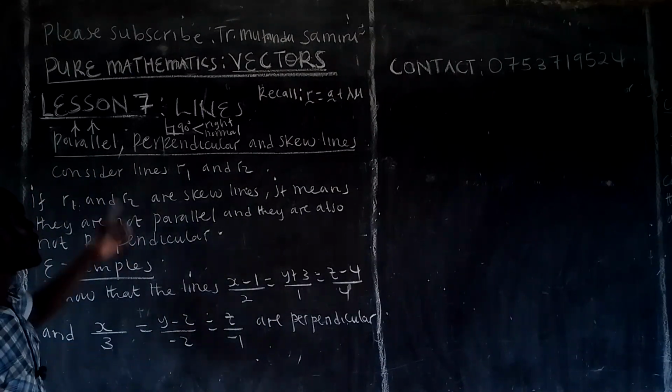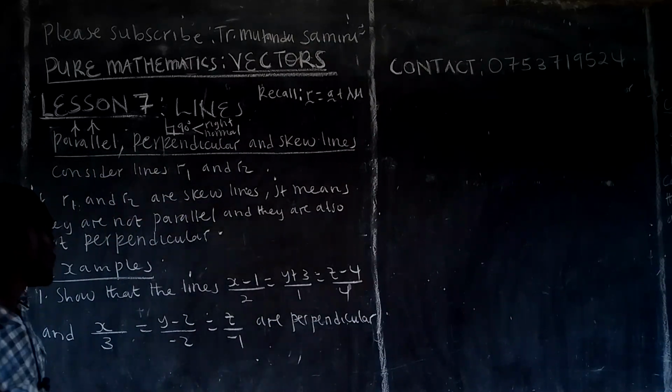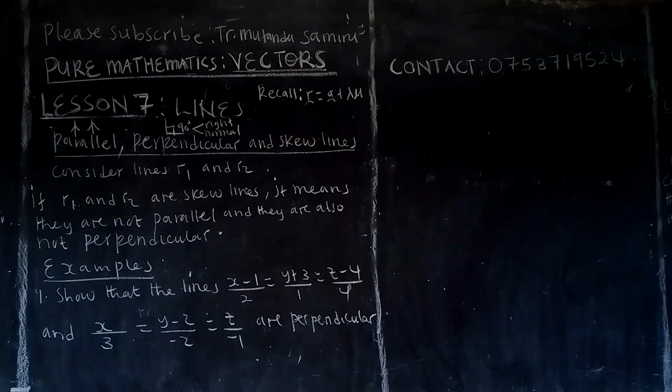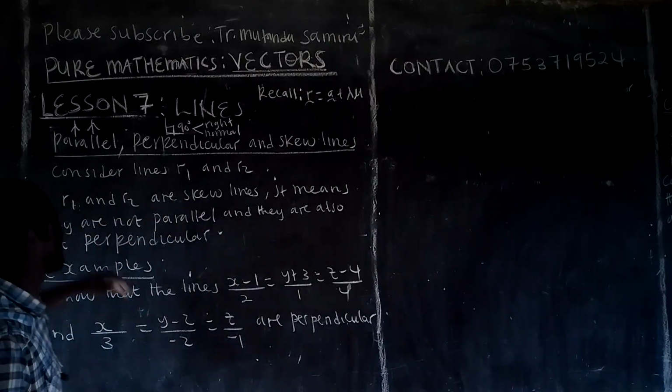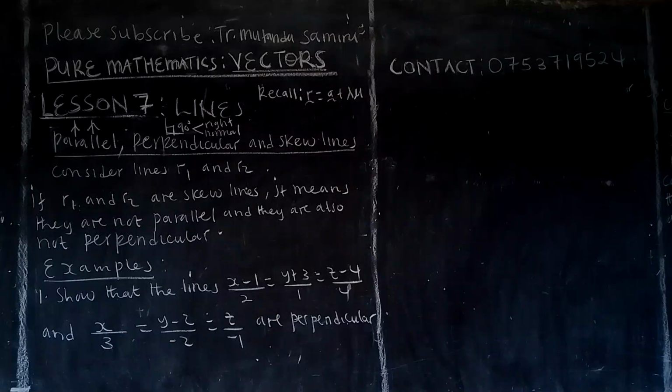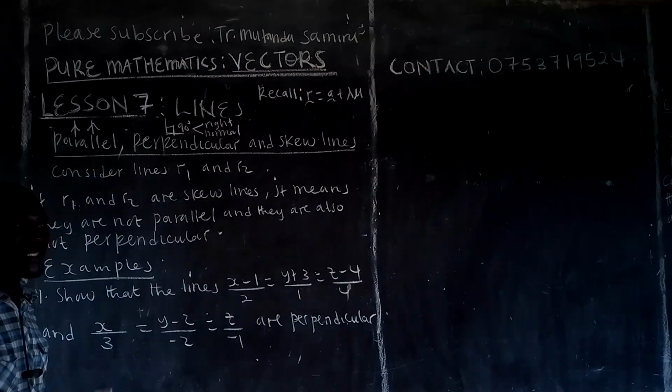So we go on. Now, when you test for parallel vectors and perpendicular vectors and it fails, then you conclude that it is a skew line. An example: consider lines R1 and R2. If R1 and R2 are skew lines, it means they are not parallel and they are also not perpendicular. They can say prove that the two lines are skew lines. What you do is dot them. If you dot and you get a zero, they are not skew lines. Or if you cross and you get a zero, they are not skew lines. But if you dot and you don't get a zero, and you also cross and you don't get a zero,